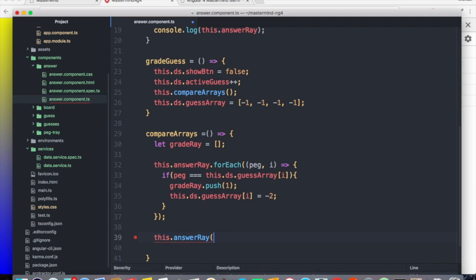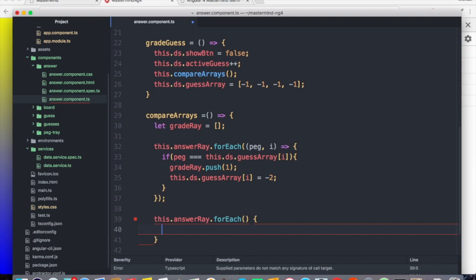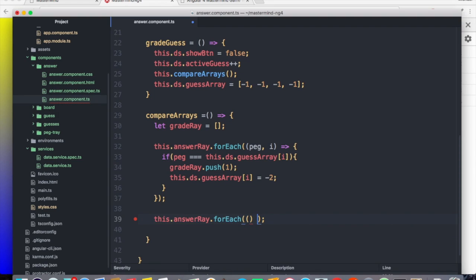It's not a function. Dot forEach. And I'm going to look at the rest of it. I did not do that right. forEach, put that there. Fat arrow function, fat arrow,